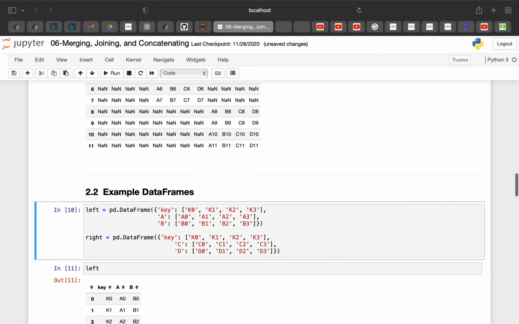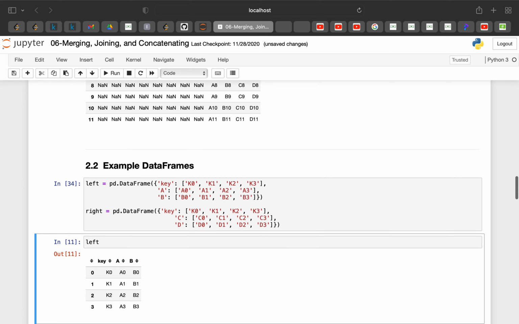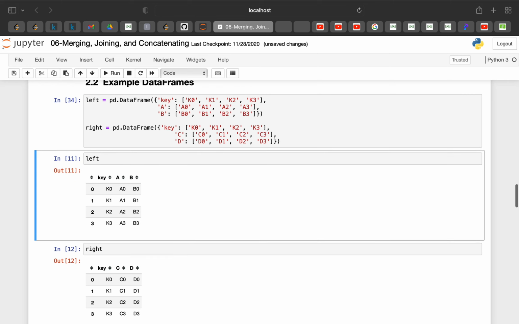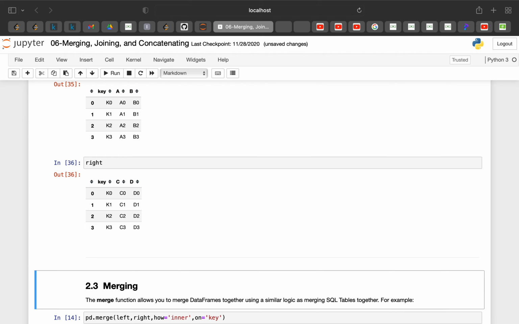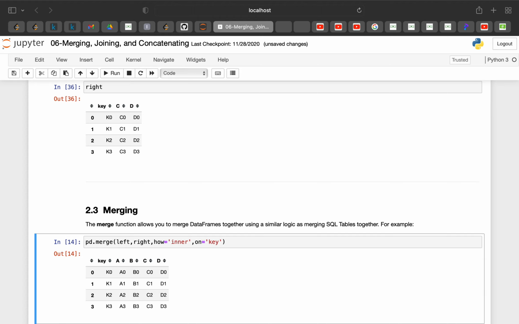Now again I'm creating example data frames, left and right. As you can see, this is my left data frame. It has key 1 and key with values 0, 1, 2, 3, and the right data frame also has a key. Now I'll perform the merge operation. What the merge function will do is merge data frames on the basis of a particular key. A key is generally a common column between our two data frames. It can be any column, it can be A. Suppose I have common values 1, 2, 3, 4 in one data frame, and in my other data frame I have the same values 1, 2, 3, 4. So I can perform my merging on the basis of that particular key.